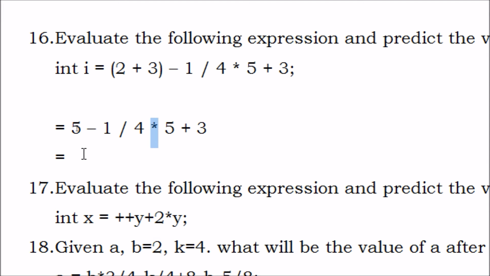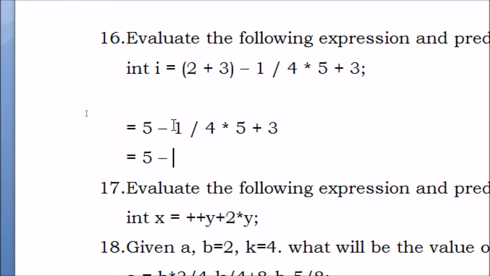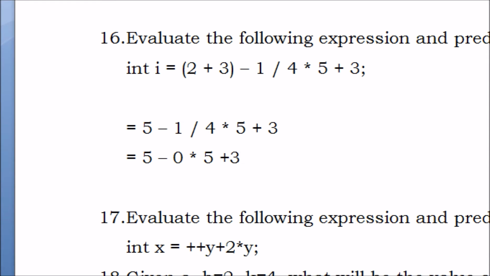So what I'm going to write is 5 minus, what do I get here? 1 divided by 4. Remember, it is integer divided by integer, okay? So the result is going to be an integer value. It is 0 point something, but I will not take that, I will take 0, okay? The multiplication sign comes as it is, 5 plus 3, and in the next line